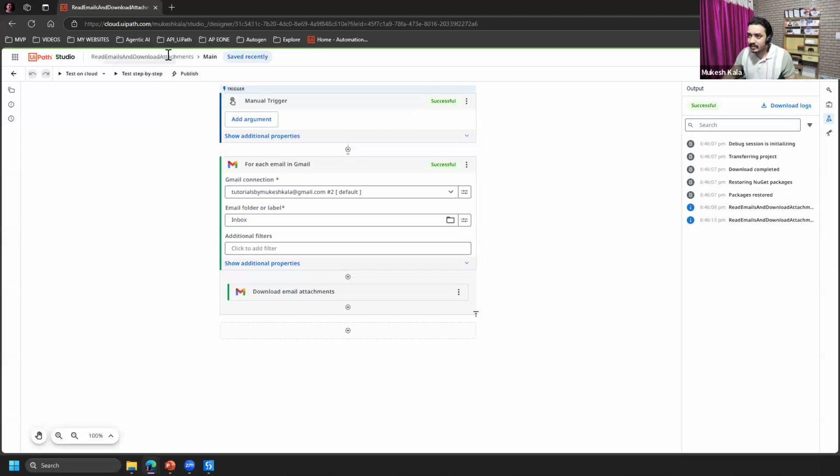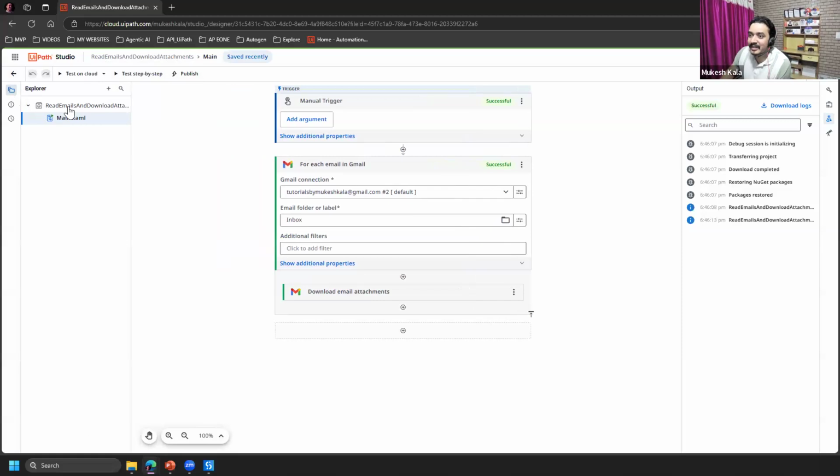But if you see here, how much automation I had to write? Very small automation, right? And it was able to do that. Now, let me show you one more interesting stuff, right? I'll close this for a while and then I'll show you how you can actually run it because we have not gone into those details.